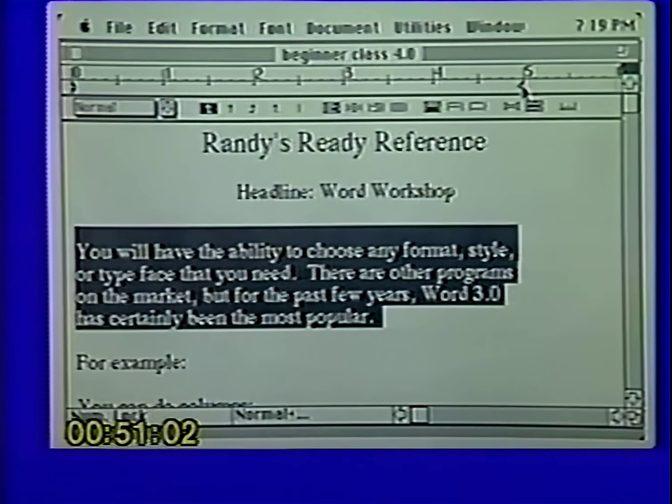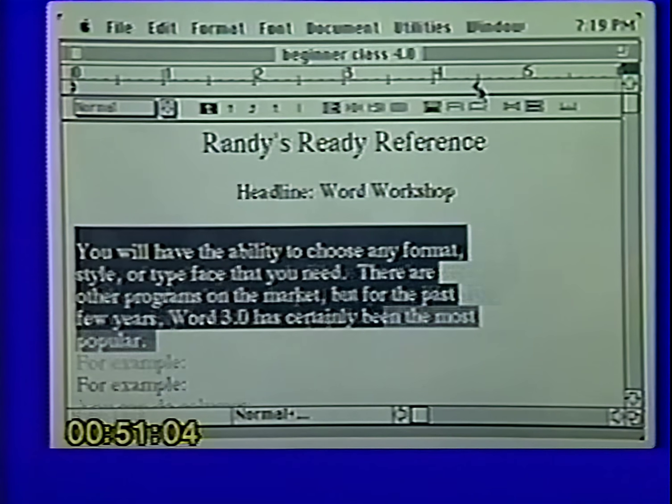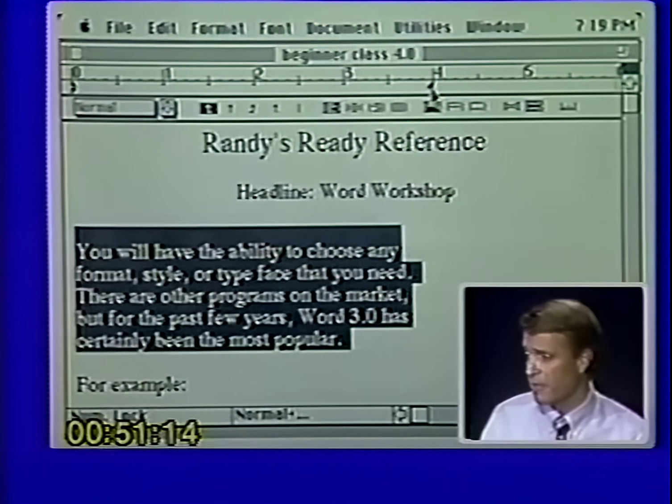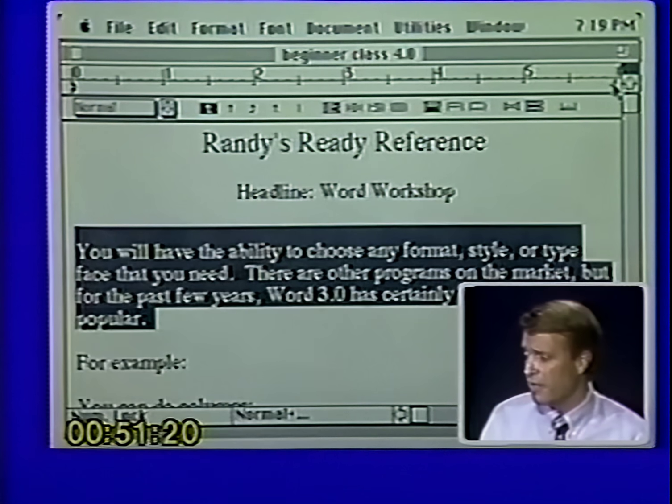Now, watch my paragraph. As I drag my margin, you'll notice it changes. Now, why is not my entire document changing? Remember, the ruler only commands what I've selected or what I'm going to type, so the rest of my document's staying with the same margins. So this allows you to set different margins for every paragraph if you'd like. So to set the right-hand margin, simply click and drag.